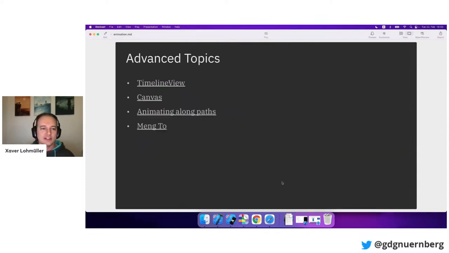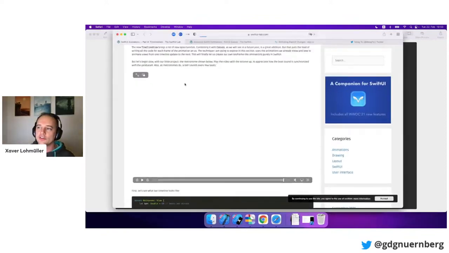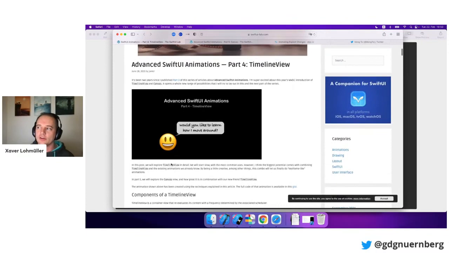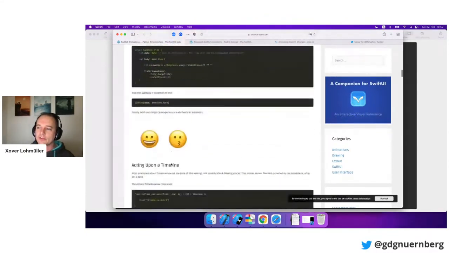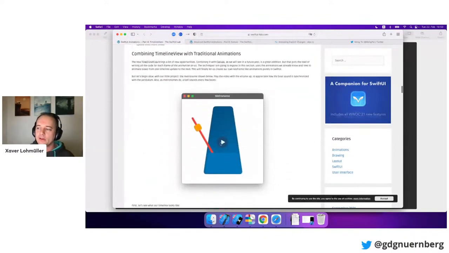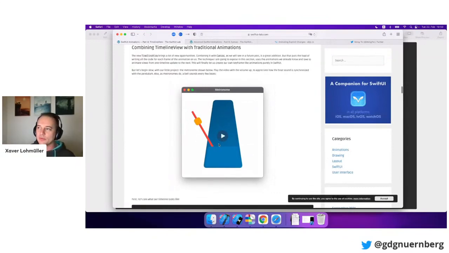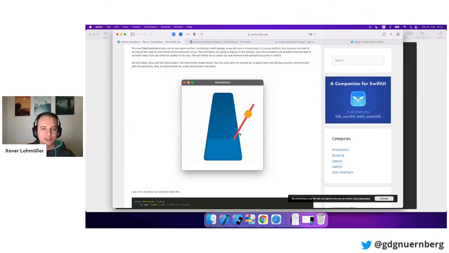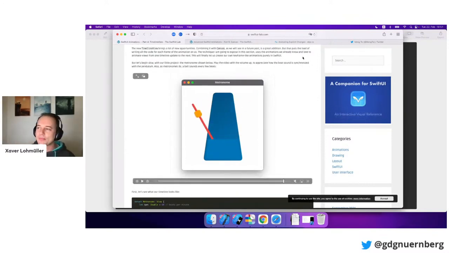Okay, basically those were the basics. I want to now shout out some websites that I used for research, but I cannot really explain here. So one of the things that is new is this TimelineView. This is something for when you need further control over your timing curve. Like, I don't know, you have a 5-second animation and after 2 seconds you do something completely different. Then you would use a TimelineView, and they used it here in this example to implement a metronome. The TimelineView goes 5 seconds in one direction and then turns around, for example.